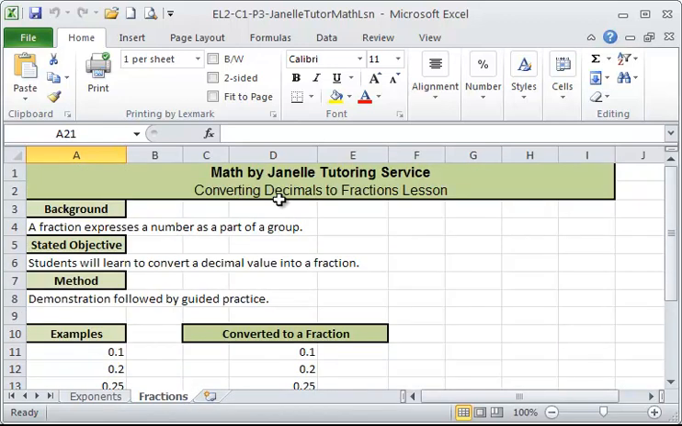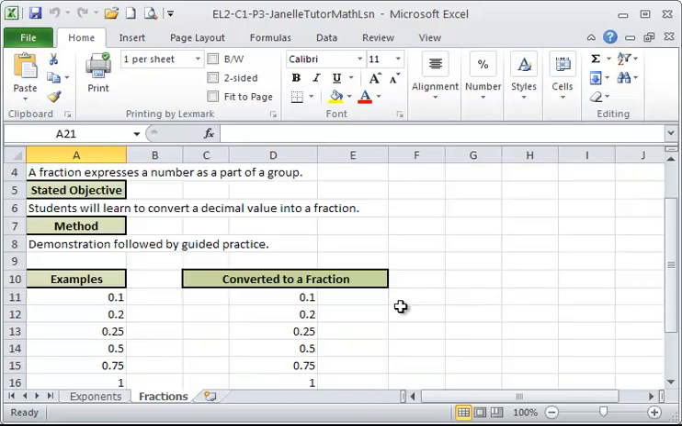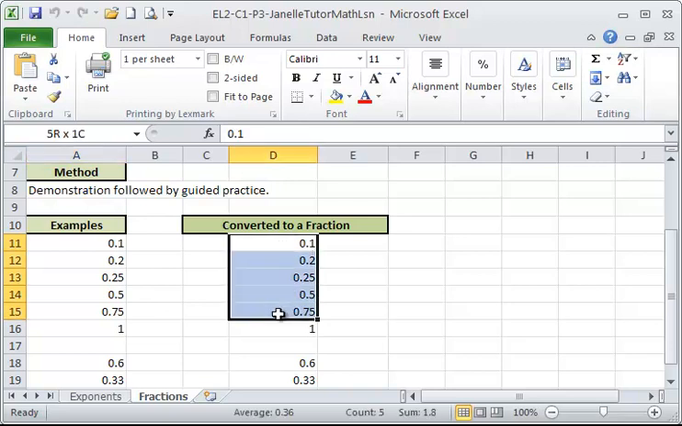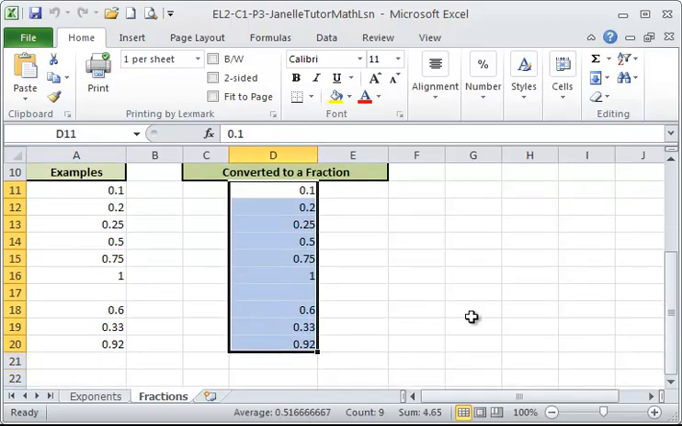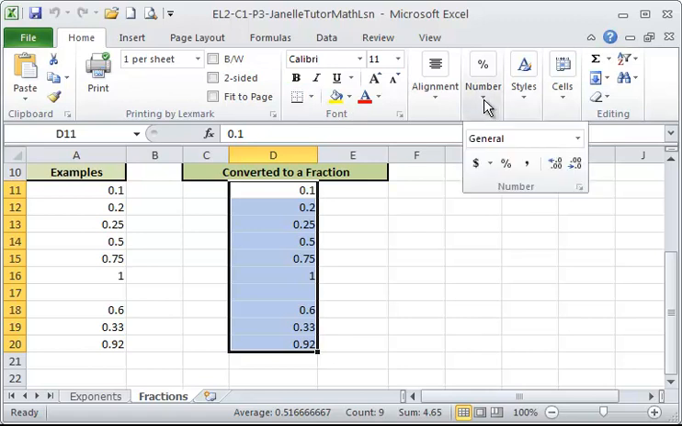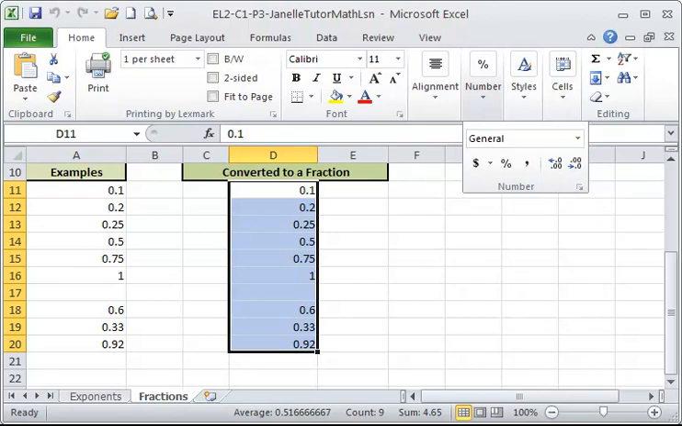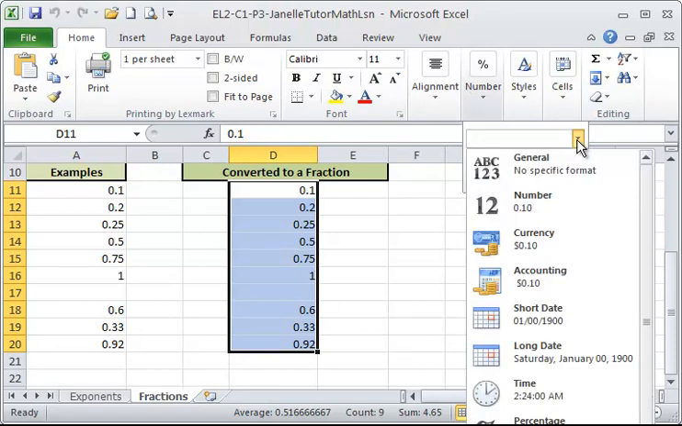And you can see here converting decimals to fractions lesson is what they're talking about here. But I've got some examples. We're going to take the range of cells D11 through D20, and we're going to apply the fraction format to those decimals. So I've selected the range of cells already. And then we're going to go to the Home tab, which we're already there, in the number group. And then there's a variety of ways to get through to this. However, I'm going to go to the number drop down arrow, and you should see fraction at the bottom of